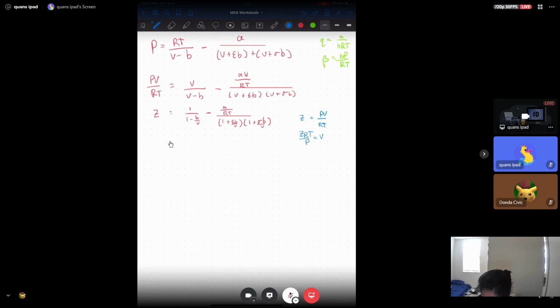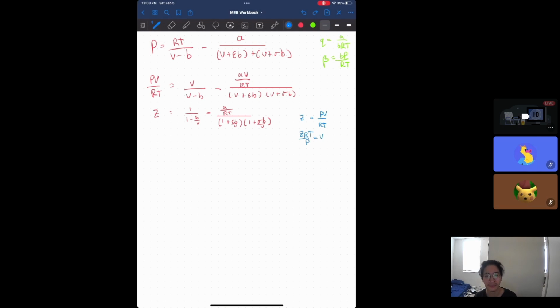Okay, so let's see what happens when we plug in that expression for where we see v. So we can now say that z is equal to 1 over 1 minus b p over zrt, minus,